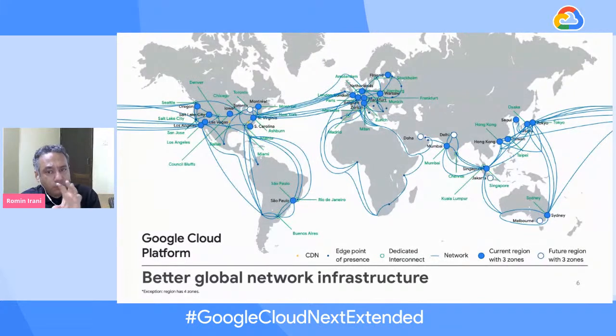Now, the thing to note is often you might just have a question whether we have all our services present in all our regions? The answer is probably not. So I would suggest that if you go to the regions page in Google Cloud Platform, you will see in which particular region, which services are available. So just make a check of that, because sometimes